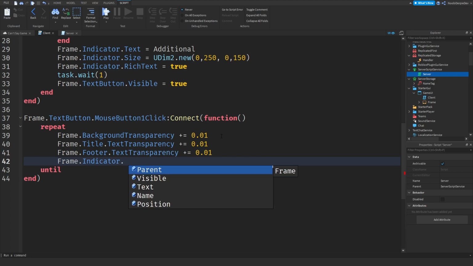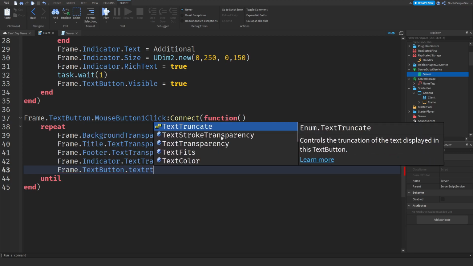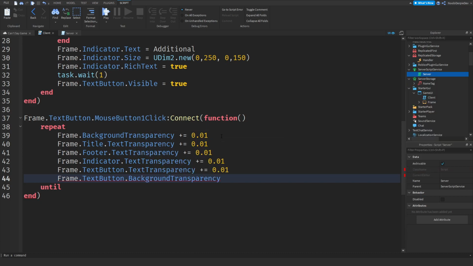Frame.indicator.TextTransparency also plus equals 0.01. Frame.textbutton.TextTransparency also the same. So a lot of text transparencies, but now we're going to get a background transparency. So frame.textbutton.BackgroundTransparency plus equals 0.01.